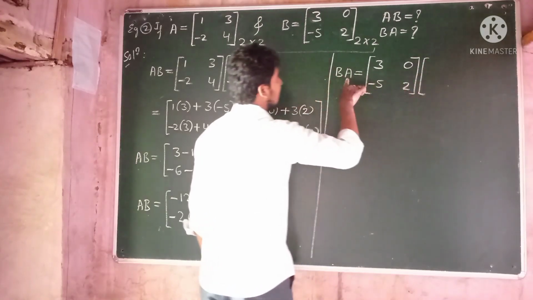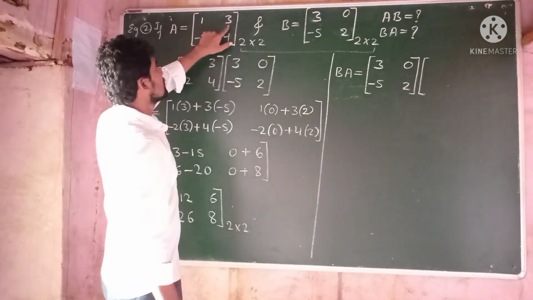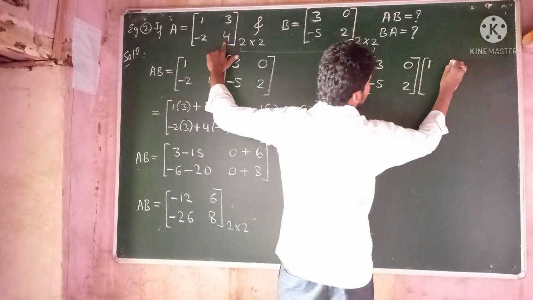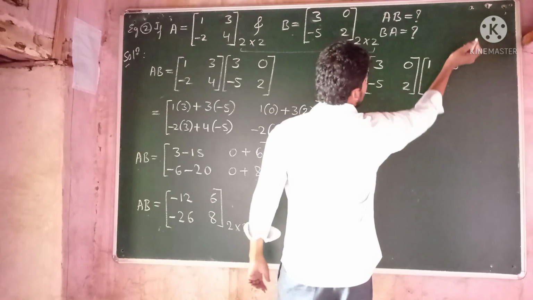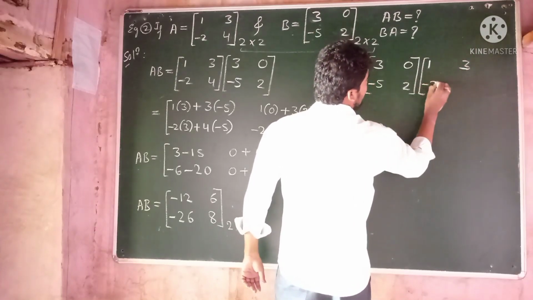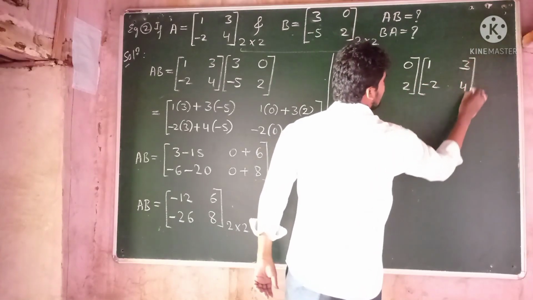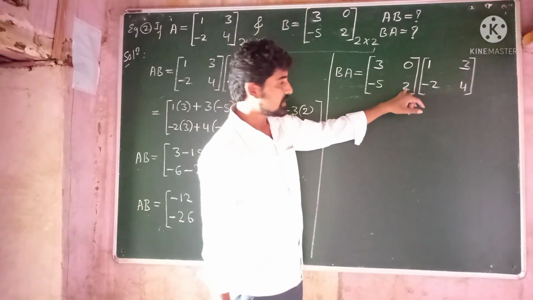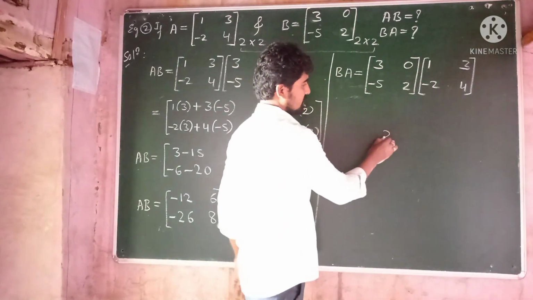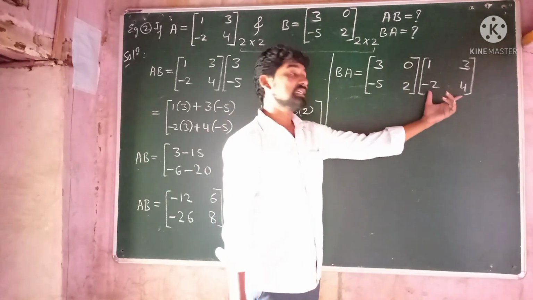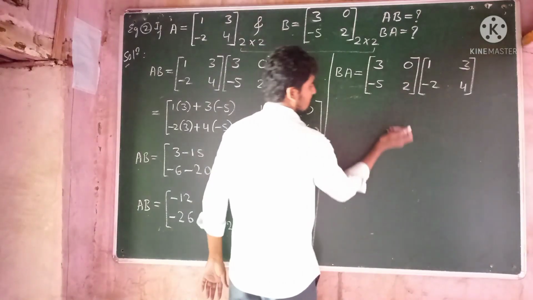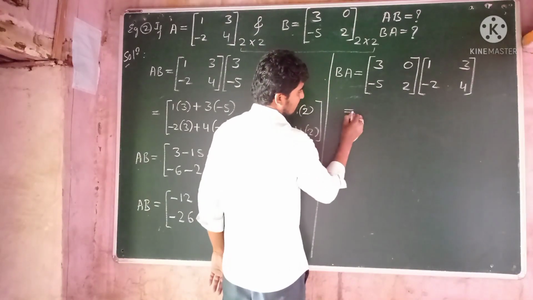And the matrix A is given by 1, 3, minus 2, 4. Here the number of columns in the first matrix is 2 and the number of rows in the second matrix is 2. Hence the BA matrix is also possible. So which is equal to,